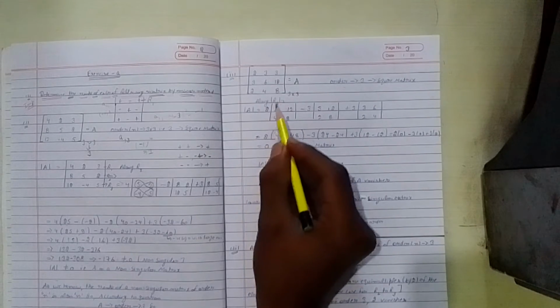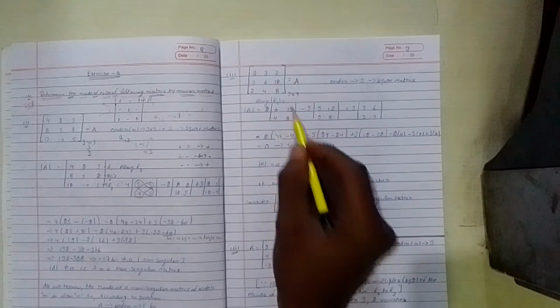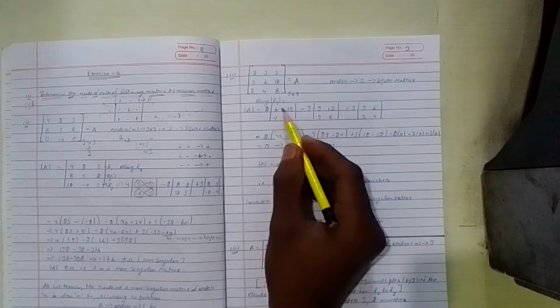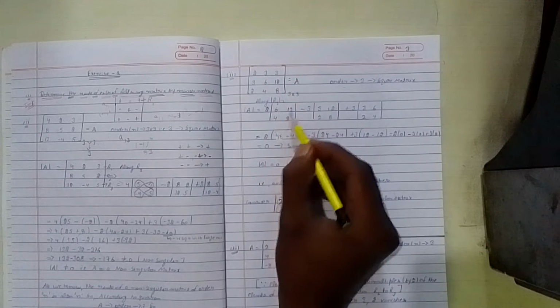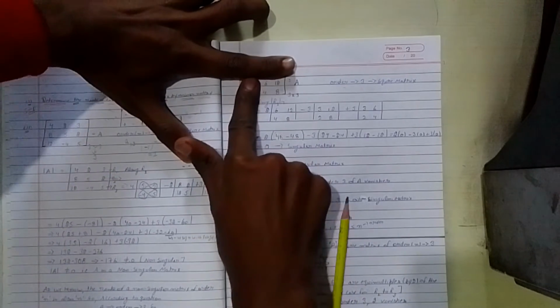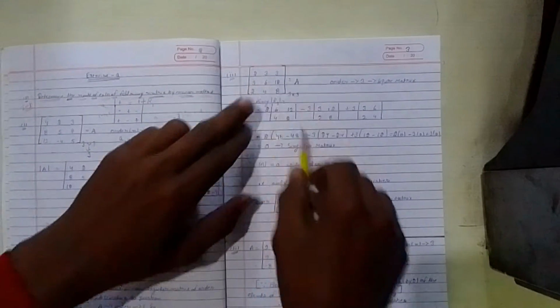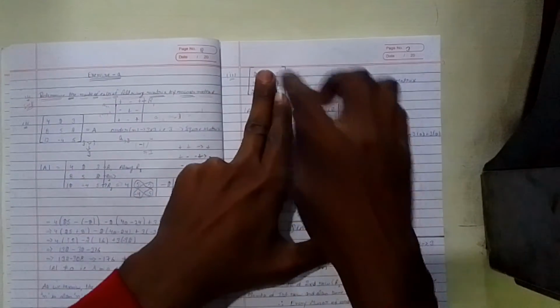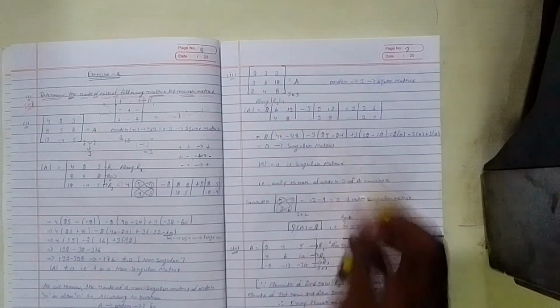So along R1, write this also. Along R1, 2, minus 3, 3 as it is. How I write the elements, you already know. No? This row and this column vanish. 6 4 12 8, 6 4 12 8. Okay, just vanish them. 6 12 4 8. This is all which is left for 2 when I am considering 3. This row and this column vanish. 12 8 3 2. Here I write.